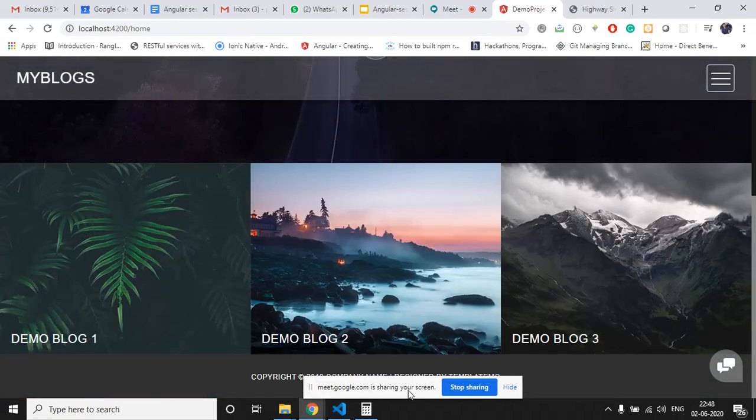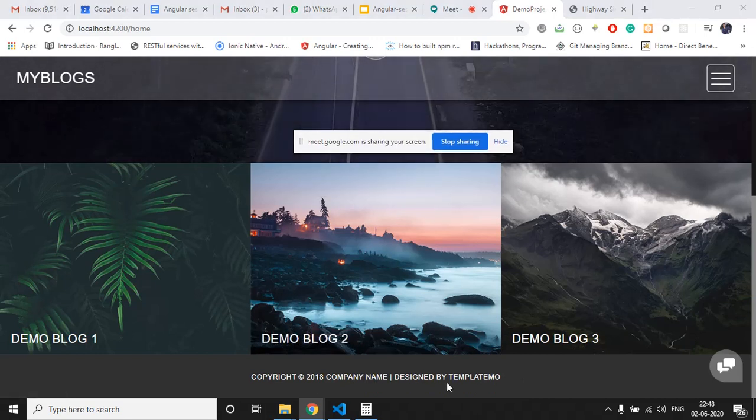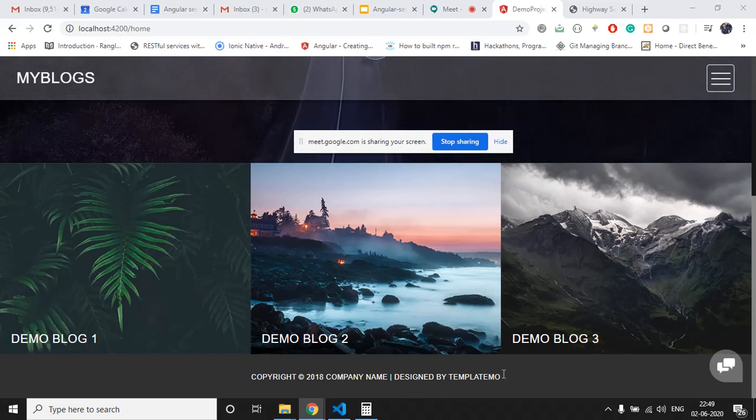So we have one thing left to modify, the copyright 2020, and here we will write our company name and designed by whoever it is.